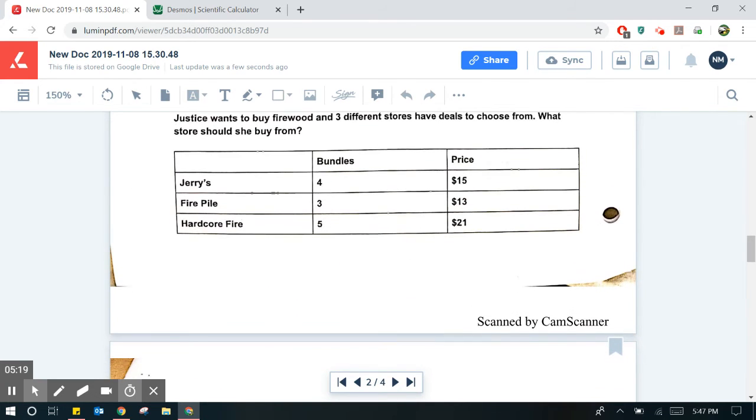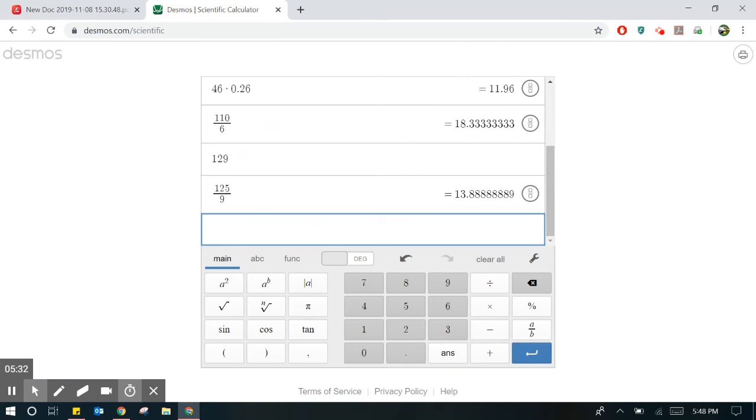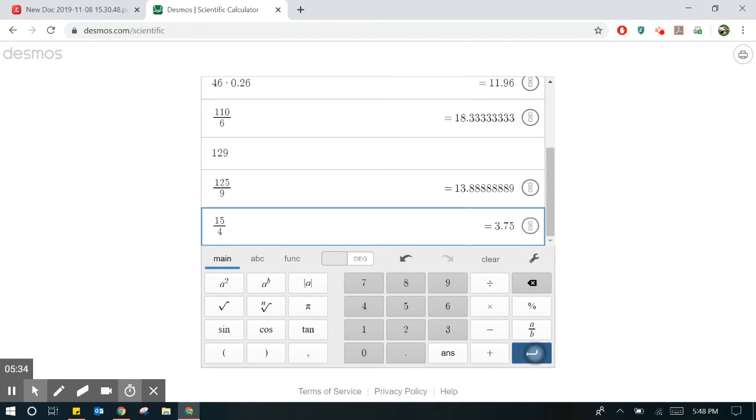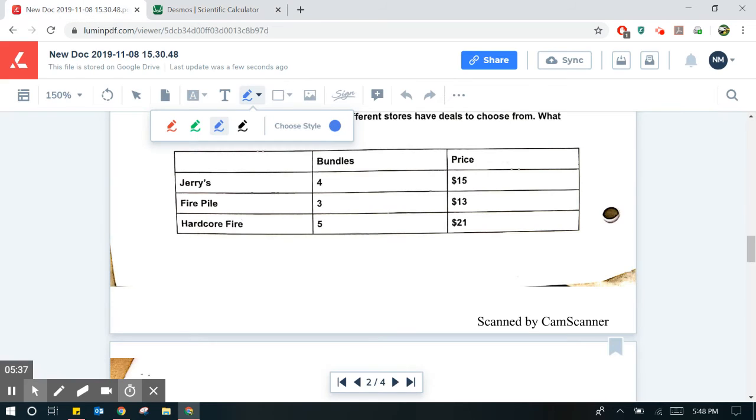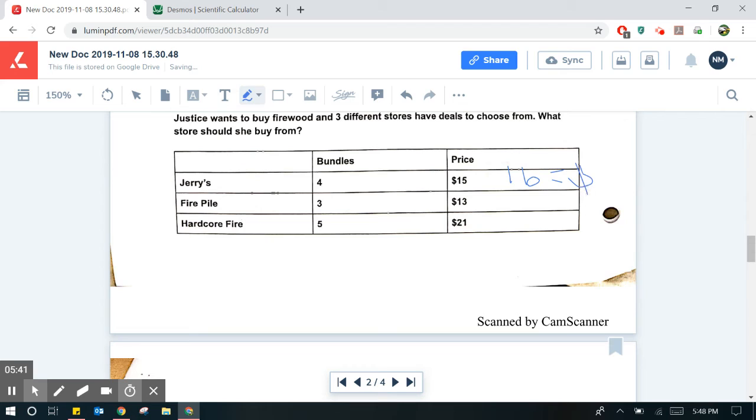In the next section, we have a similar idea, same idea. We've got the money and then we have the bundles. We have to decide which one is the best deal. So in this case, I am inclined to go ahead and use blue. And so we've got $15 divided by 4. It's 15 divided by 4, which is going to be 3.75. So one bundle is 3.75. This is annoying. So this bundle was